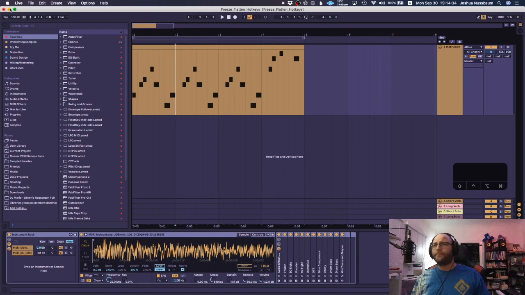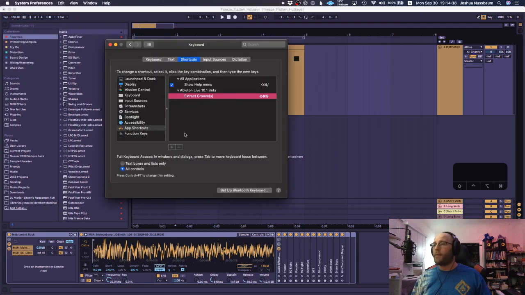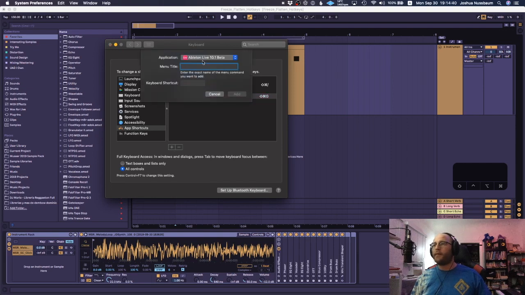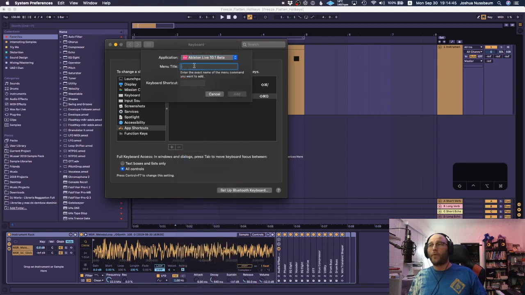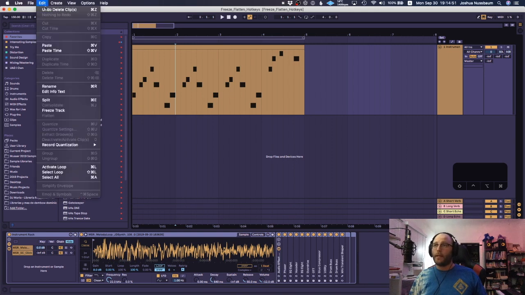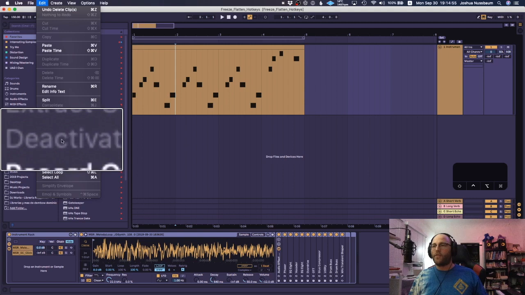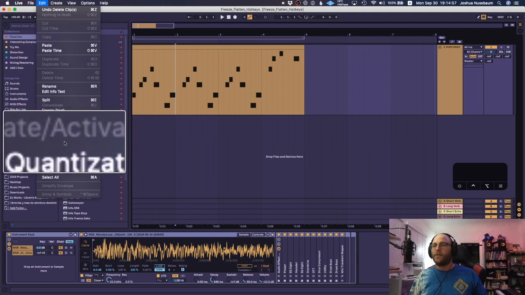But what if I want to go just a hair faster? I can go back to that menu. I can add a new command, select the program, either do all applications or just select my specific program. And then I have to find the exact name of the menu command that I want to use. I want to go in here. I want to note things such as, if I look here for deactivate, activate clips, you can see that it's